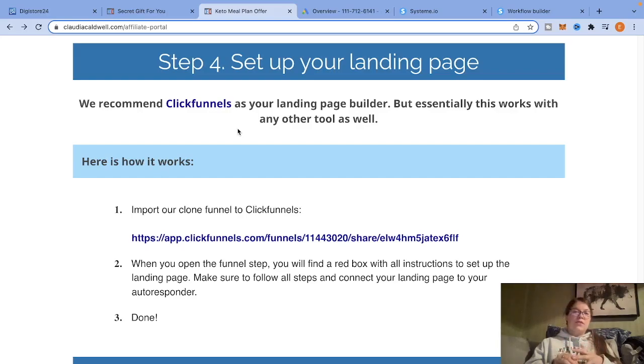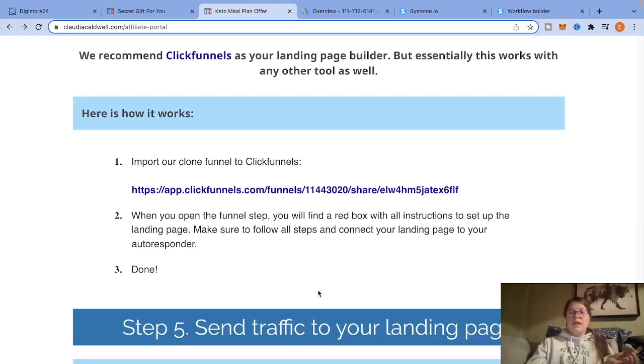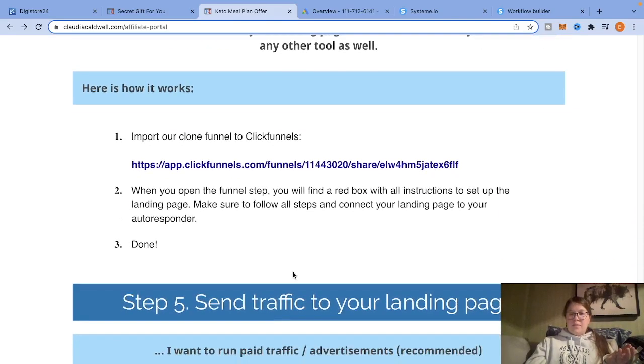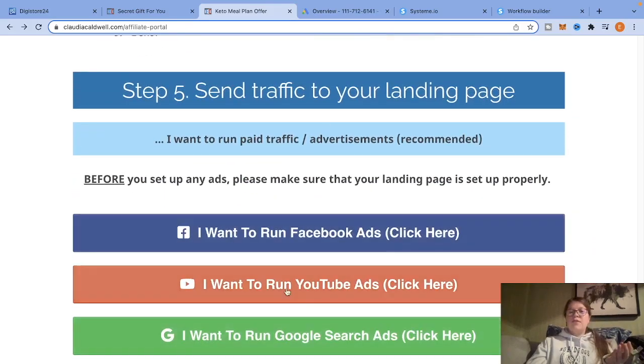There are alternatives, and the one that we're going to use and I'm going to talk to you about soon, like I said, is free. But they've set up a landing page, so if you're going to use ClickFunnels, you can just download or clone their funnel and use that for your landing page. Then we actually have sending traffic. So if you want to do paid traffic, now, like they say here,